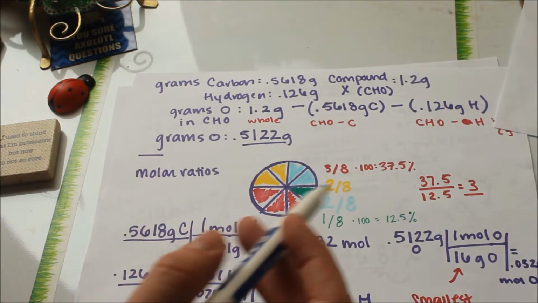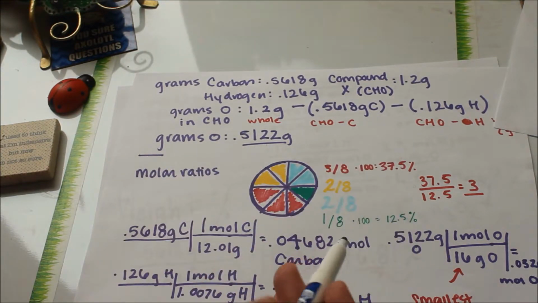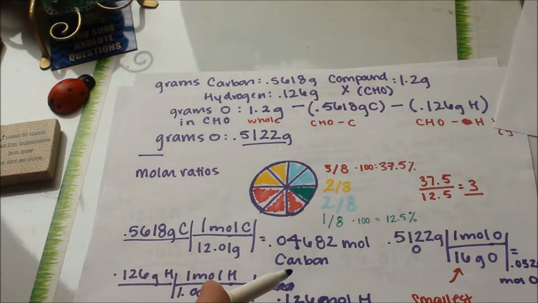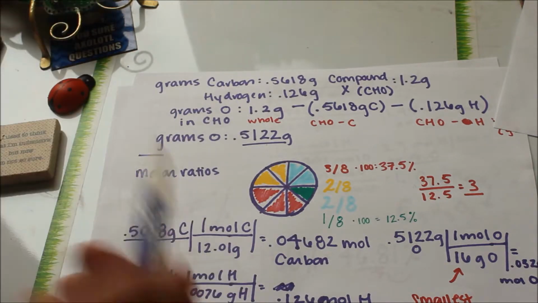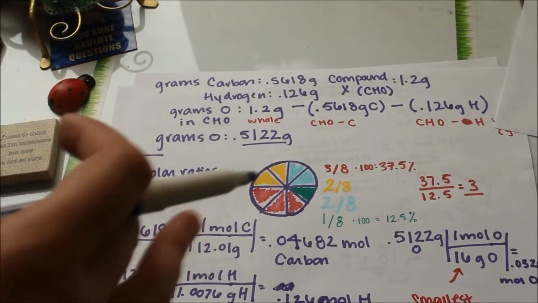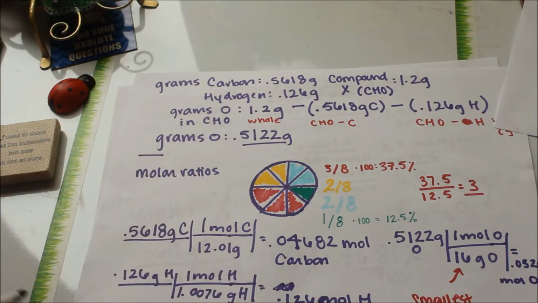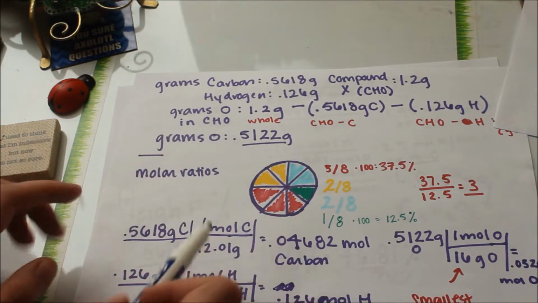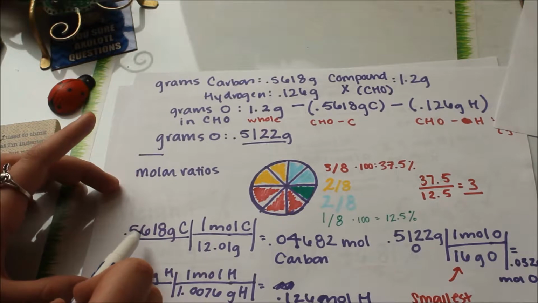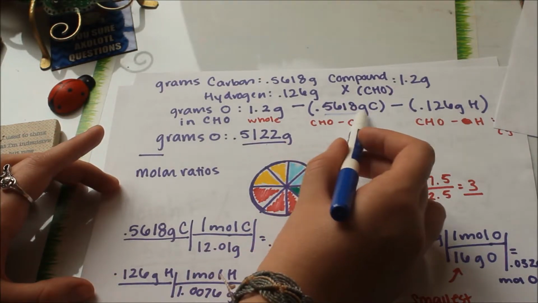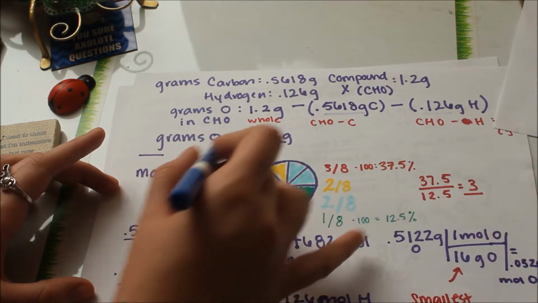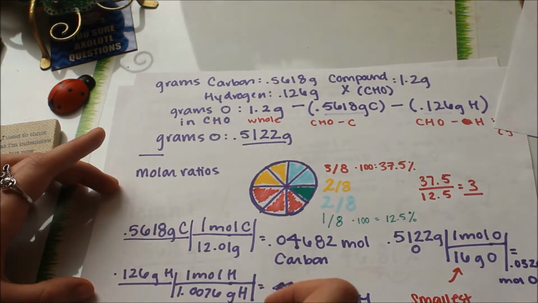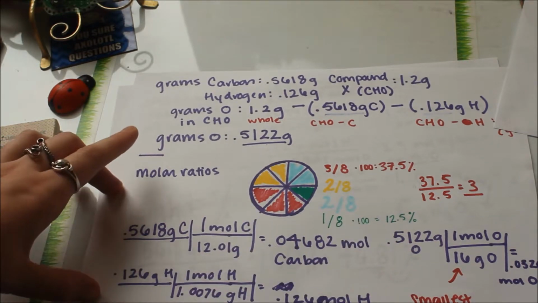So the first part of that is we're going to calculate the moles of carbon, hydrogen, and oxygen released in our end products. We can do that because we have the grams carbon, hydrogen, and oxygen used in our CHO molecule compound. Hopefully this is making sense, and we're going good. So we'll take those values of the 0.5618 and the 0.16126 and the 0.5122. Calculate moles of carbon or moles of hydrogen on that,